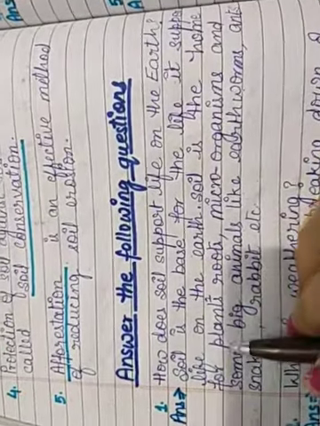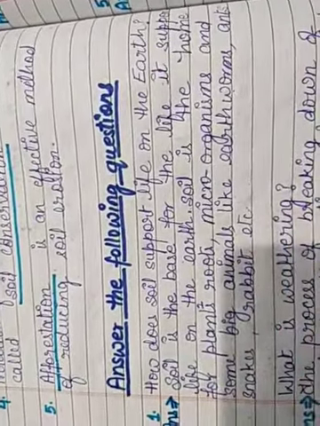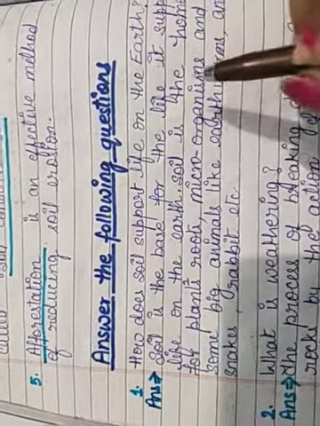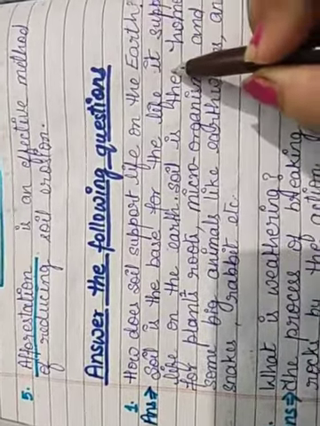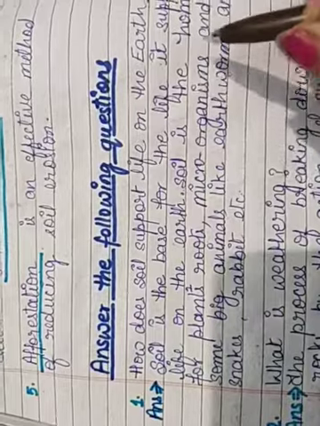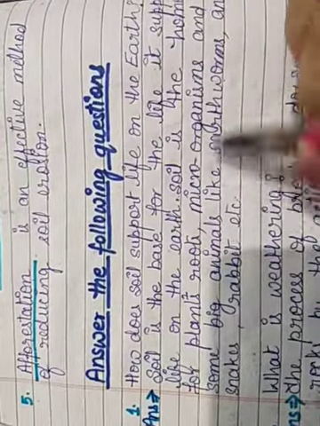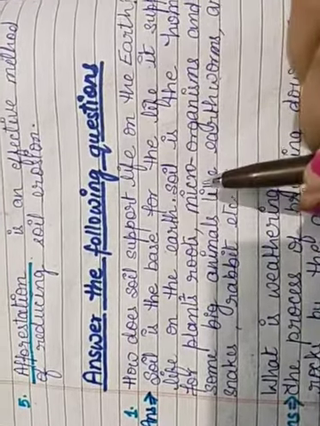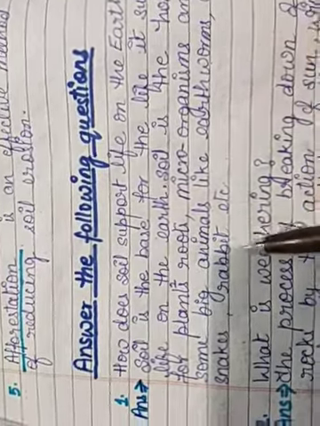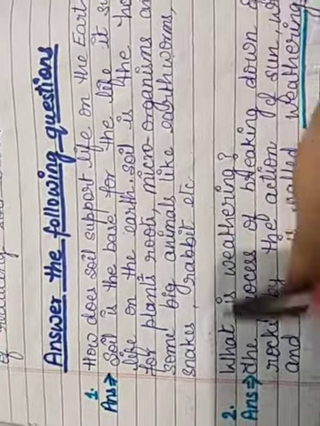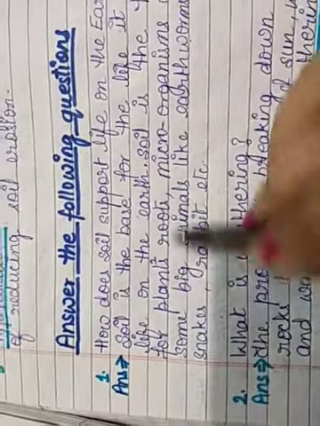Soil is the base for life or for the development of life on the earth. Soil provides a home for microorganisms like fungi, bacteria, some bigger animals like earthworms, ants, snakes, rabbits, and the home